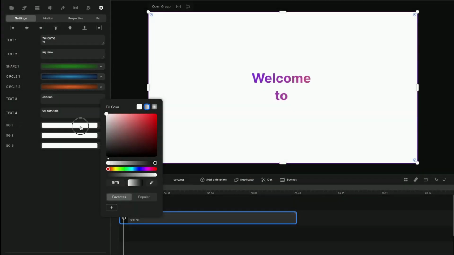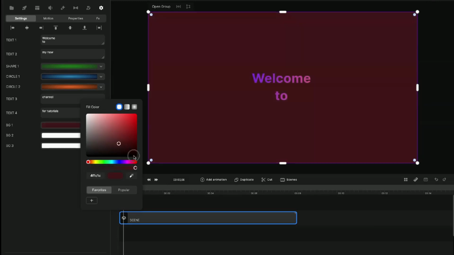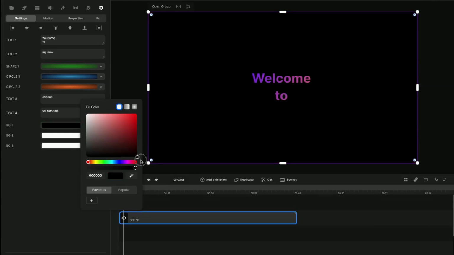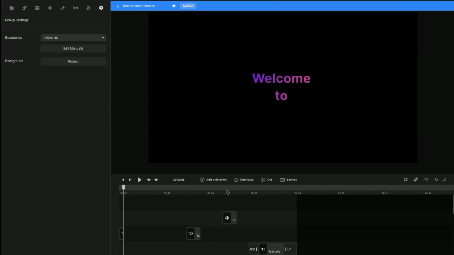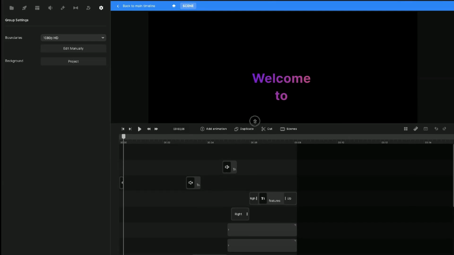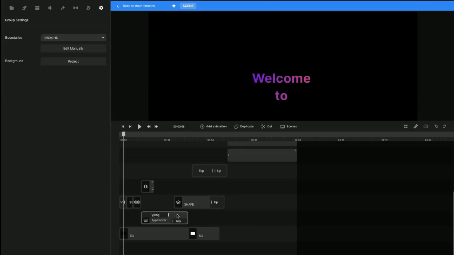This background right here is going to be this first one. So we can change that one however we want. But first, I think I want to change the color of the text. So what we're going to do is open the group. When we open the group, we can bring this up a little bit to see it a little better, and it's going to show us